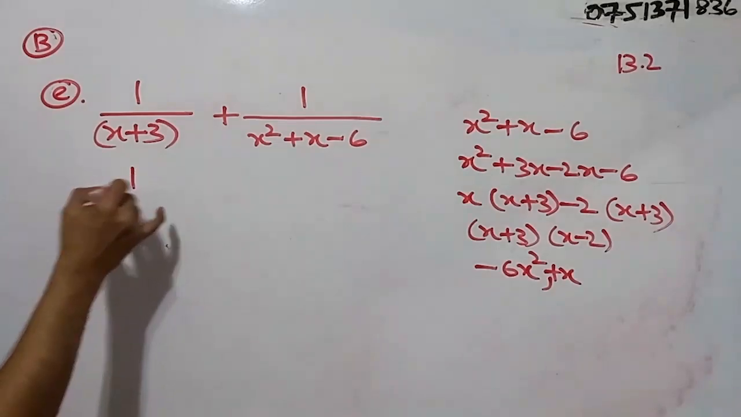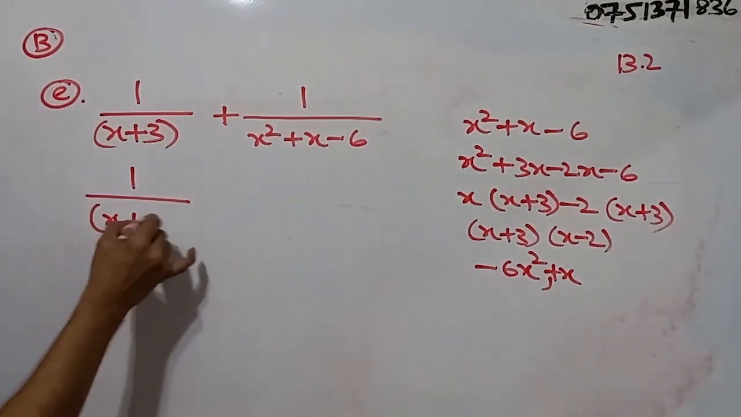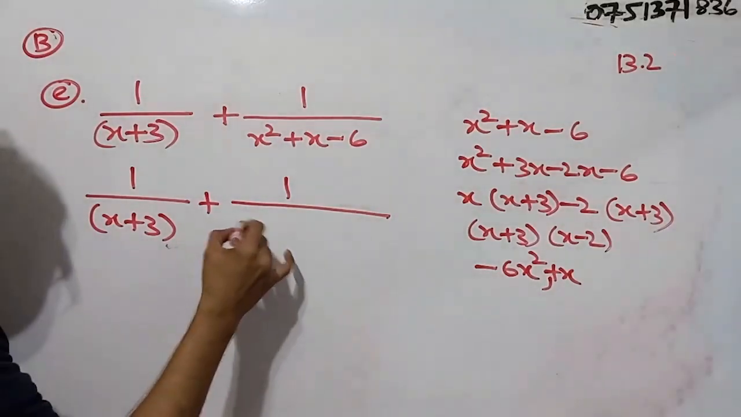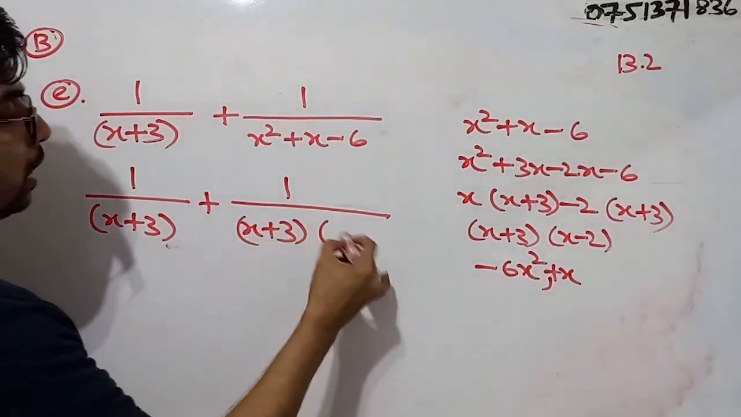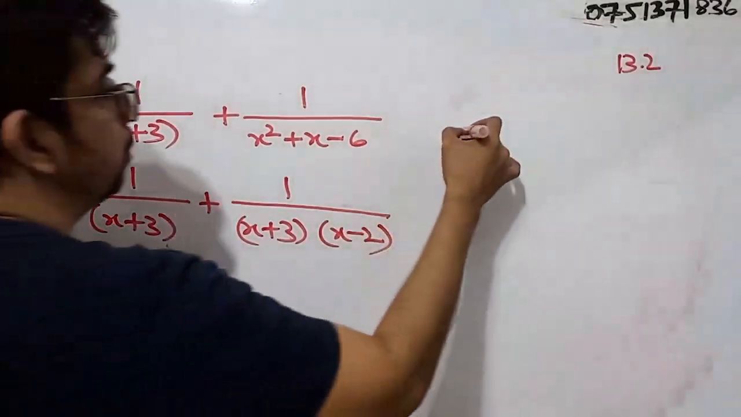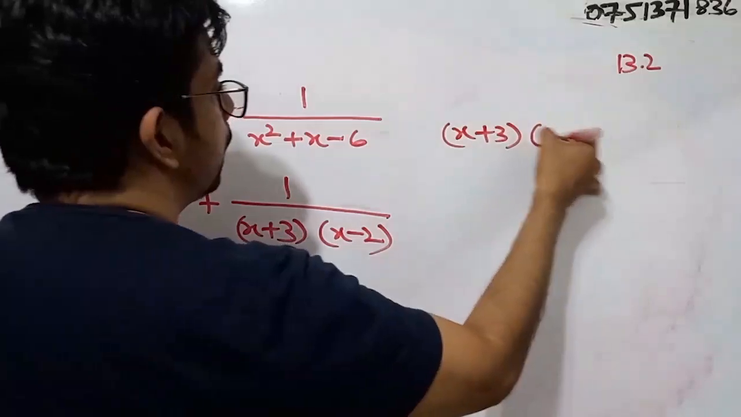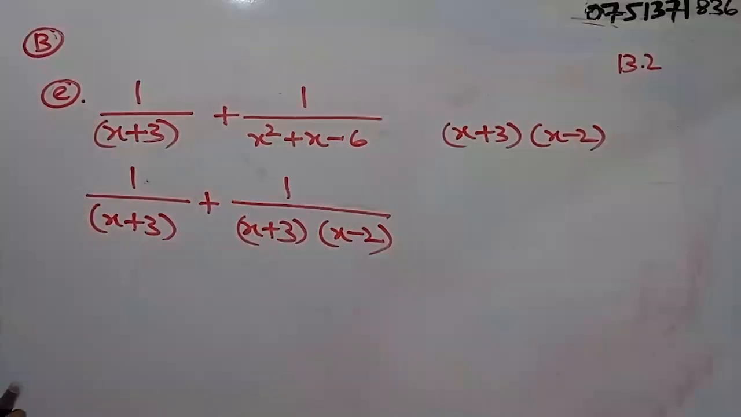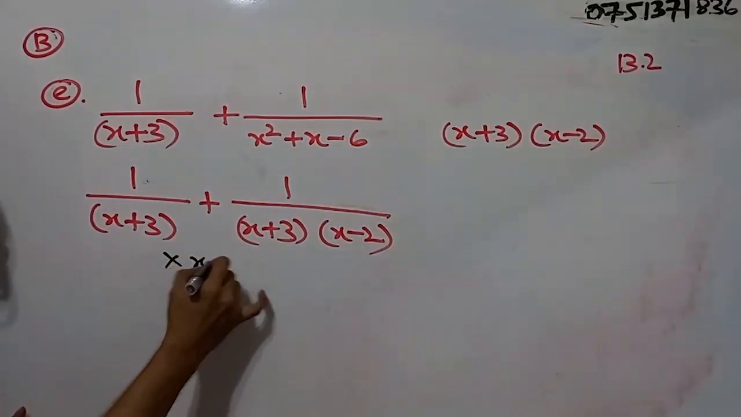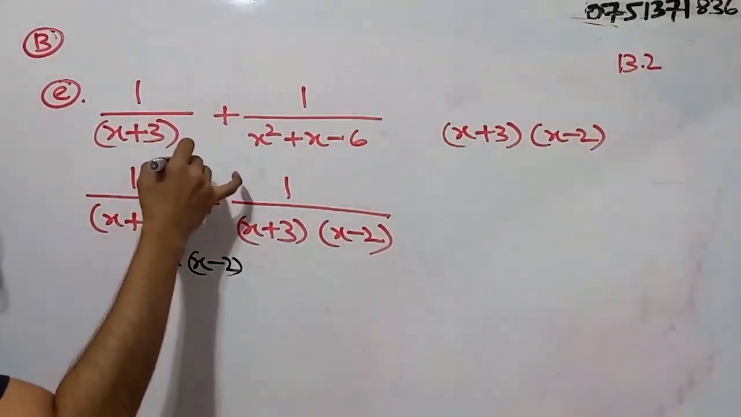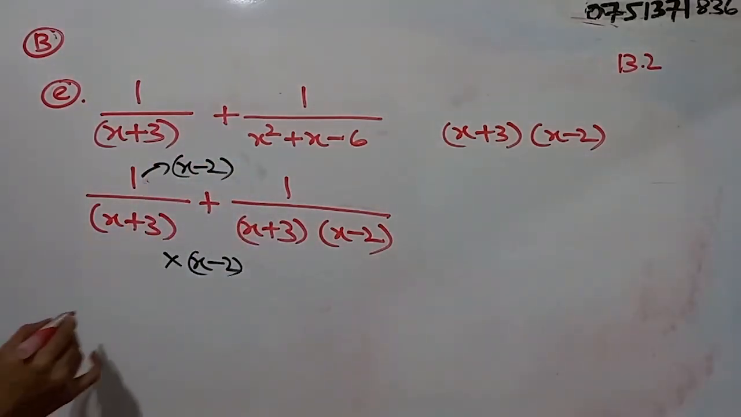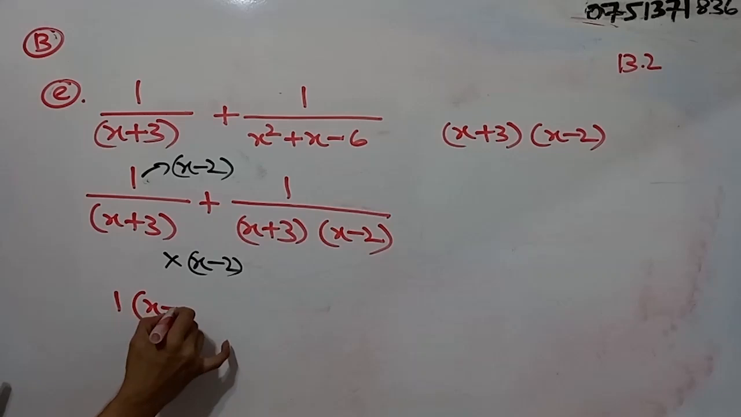Okay. So I can write 1 by x plus 3 plus 1 by, so this should be x plus 3 into x minus 2. Okay, so here what should be the LCM? X plus 3 into x minus 2. Okay, so as you can see, x plus 3 needs to be multiplied by x minus 2. That means number 1 must be multiplied by x minus 2 as well, right? So we will write it 1 within brackets x minus 2